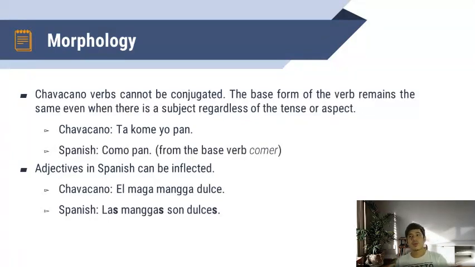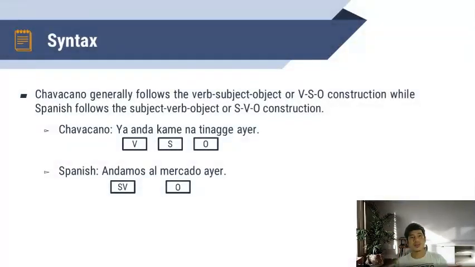Another difference between Spanish and Chavacano is what we call syntax. Syntax is actually the sentence formation, meaning it's the arrangement of the words in the sentence. So Chavacano generally follows the verb subject object, or otherwise known as the VSO construction, while Spanish follows the subject verb object, or SVO construction. So for example,